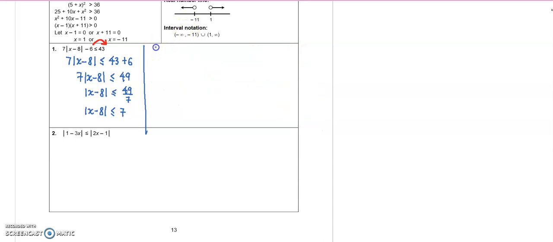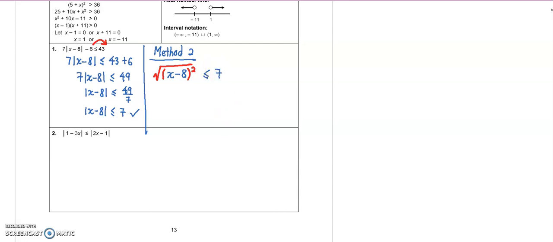I will show you the second method, method number 2. The same thing happened here. So you have to simplify until this point. And then from the modulus, I change to square root square. Daripada modulus ni, kita tukar jadi punca and then kuasa 2. Inside is x minus 8, here is less than or equals to 7.